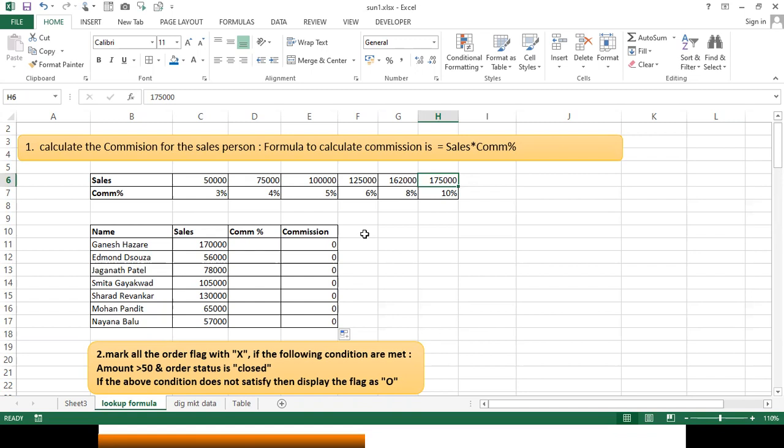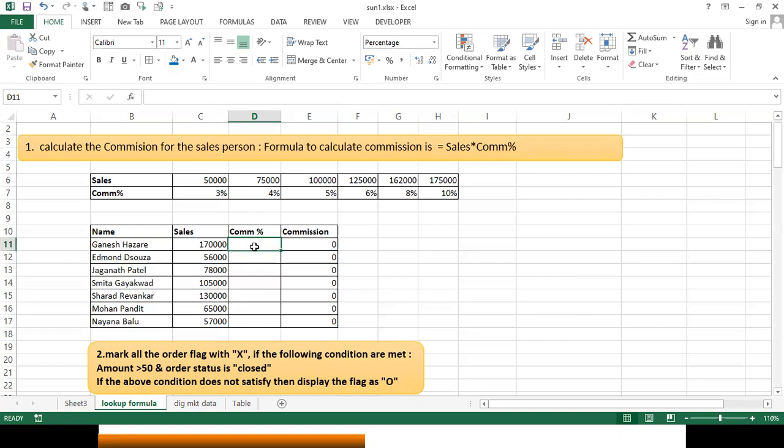So how much do you recommend as a manager for those salespeople? What do you want to recommend? 8% or 10%? The 8%, sir. So you would keep on writing 8% here, and so on. How will you do this? Here only a set of people are there. Yes, I can do that. I can write it manually.